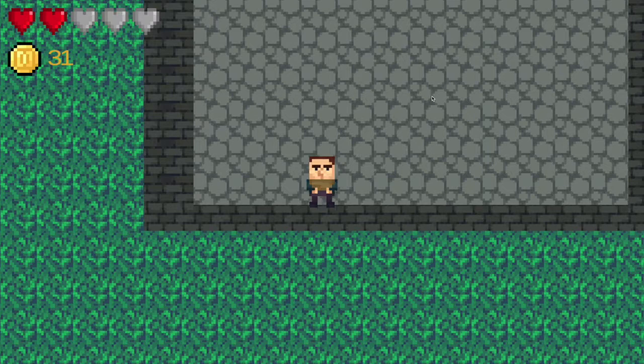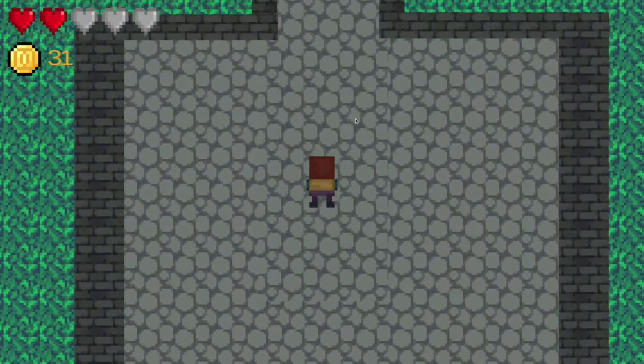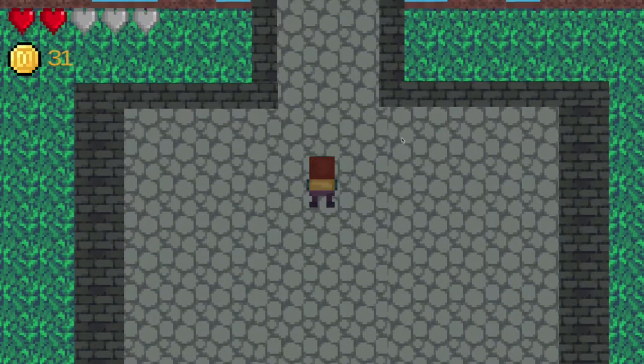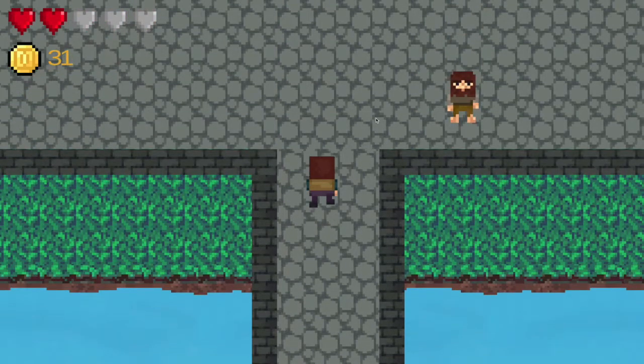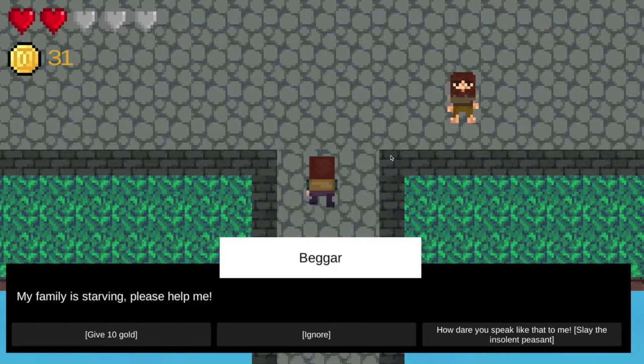I think that we just ran away, I guess. I think we just went through the door. So no indication which way the princess was. Yeah, that's the problem. So again, it's about meaningful choice. If you don't have a meaningful choice, please help me. Give 10 gold. So let's be a meanie prince.